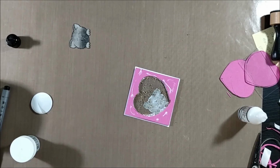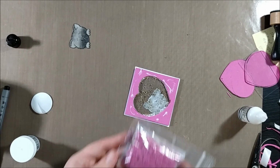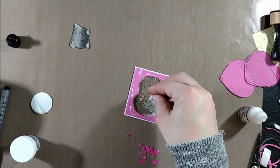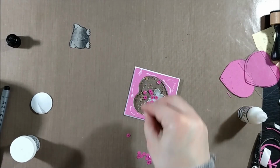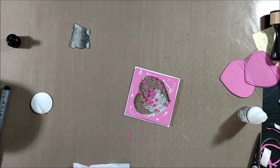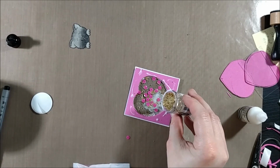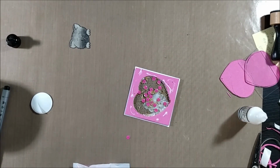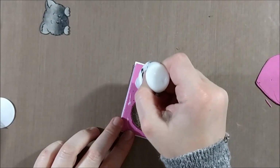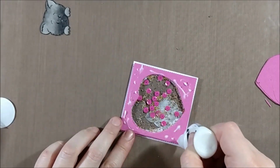You can basically use anything you have on hand. I just happened to use these because I got them at the Ranger sale, and they have some shiny gold pieces, in bead form but also as kind of sequins. And then because I'm already using pink in the outer edge of the card, I added in some small pink sequins as well. Then I'll take a little bit more of the multimedia matte and I can glue on the